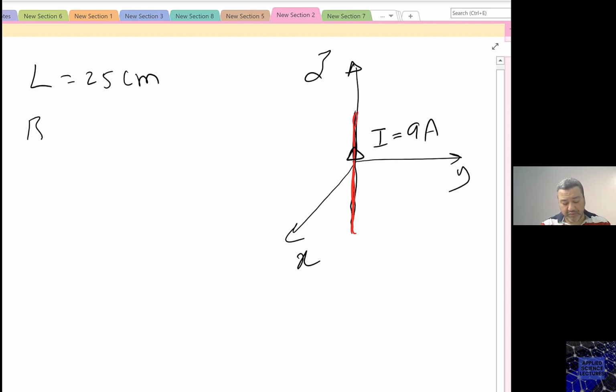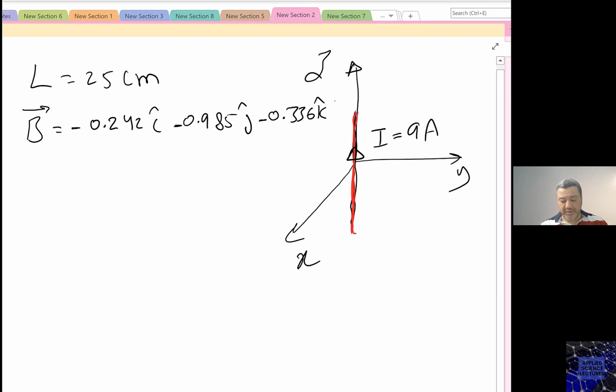The magnetic field is uniform and has components. So we have B equals minus 0.242 i minus 0.985 j minus 0.336 k. We need to find the components of the magnetic force on the wire. So A,